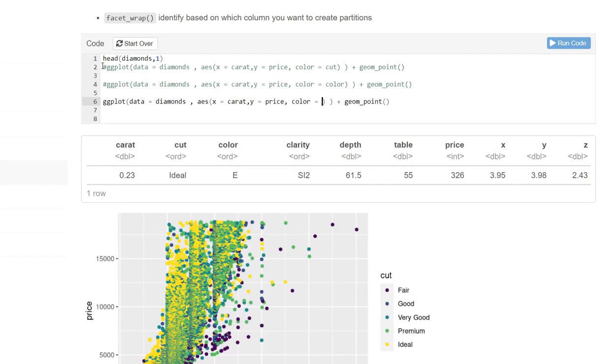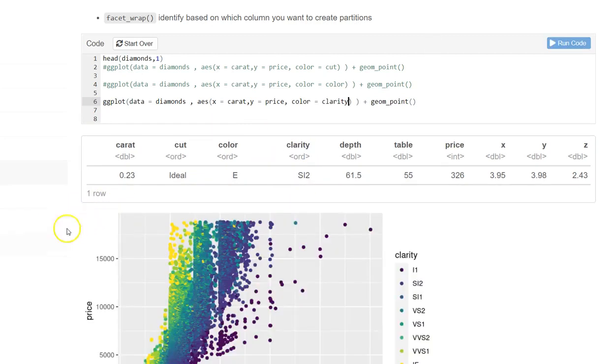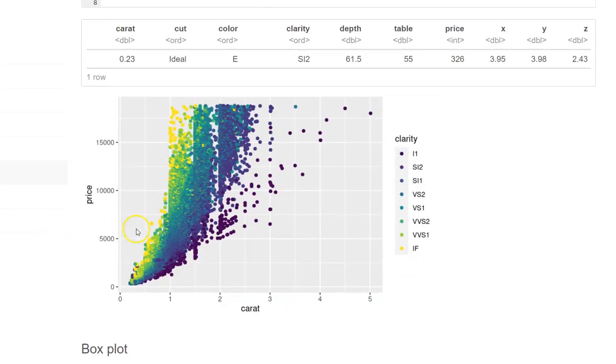And this time I want to use this categorical variable of clarity. Let's see what is the result. Okay, so clarity I1, obviously clarity I1 has the highest price. Clarity IF is over here. They usually have lower carat. And what's going on over here? Then